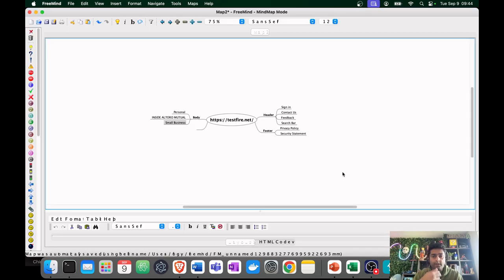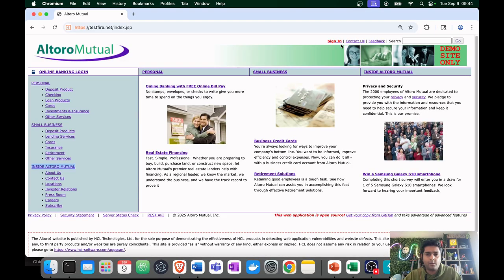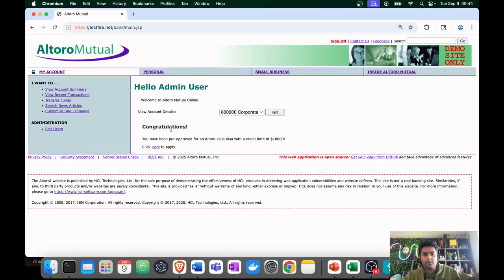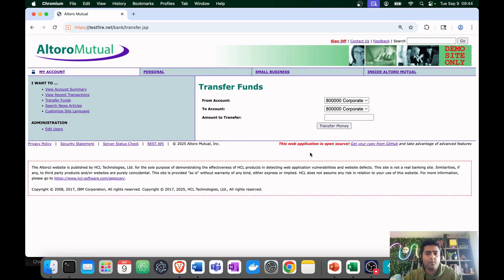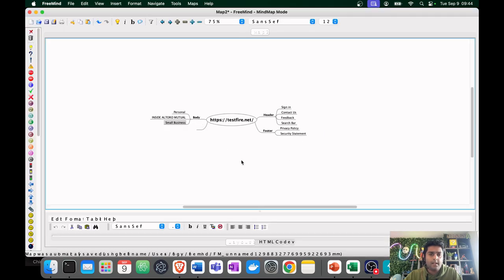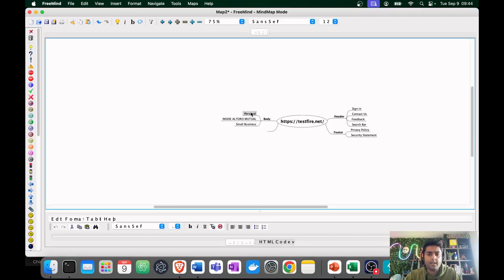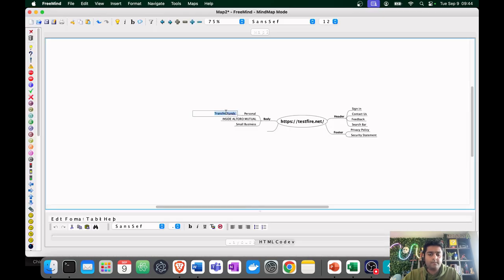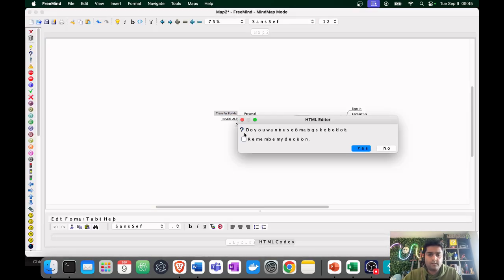Now for one request, how would you do the same repetition of the business logic flow? That is something I'm going to show you. So let's say you go to admin, and you map the entire workflow and everything. Now you are on the transfer funds page. So what would you do on transfer funds? Let's say here you have transfer funds. For this one, the URL is this. So I'm going to log it